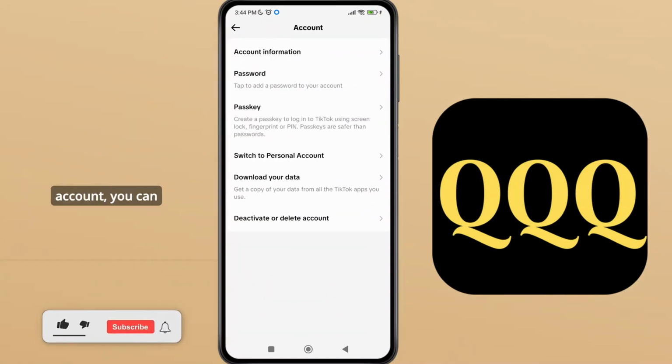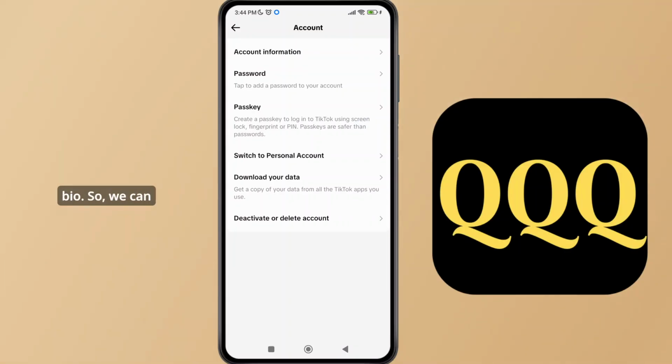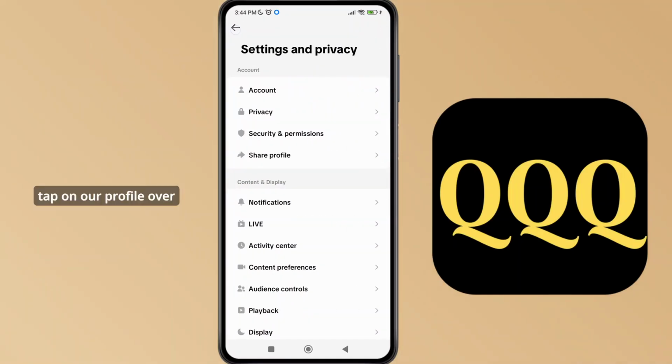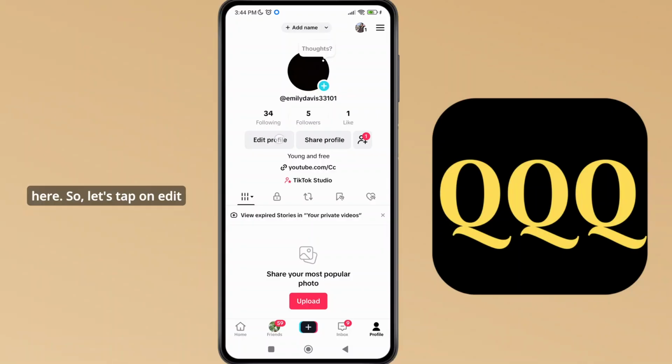and as we tap on account, you can see there's no option over here to add any sort of link to the TikTok bio. We can just see the option of account information. So we're just going to go back and then simply tap on our profile over here. So let's tap on edit profile,